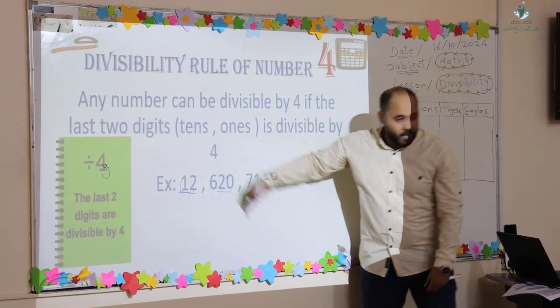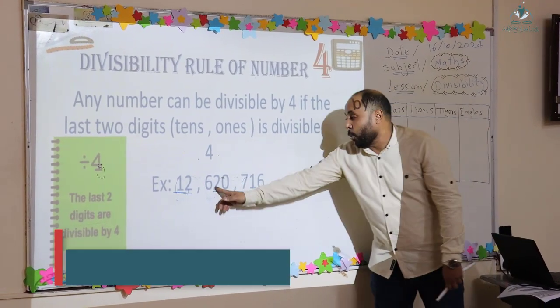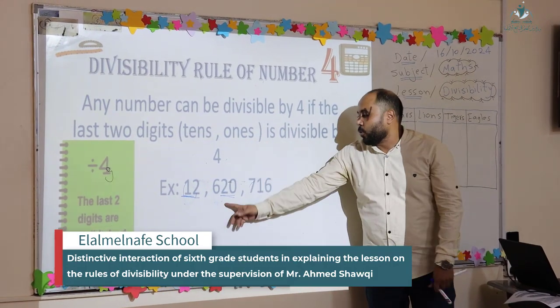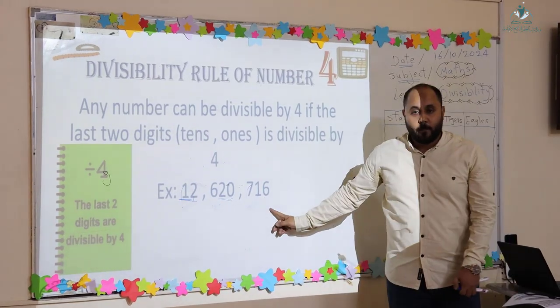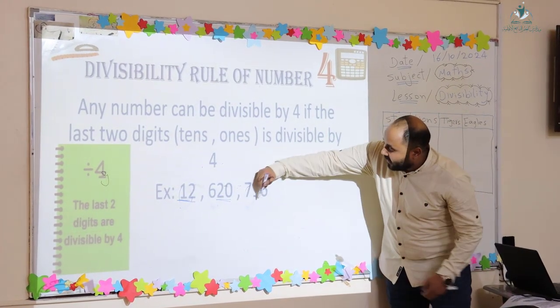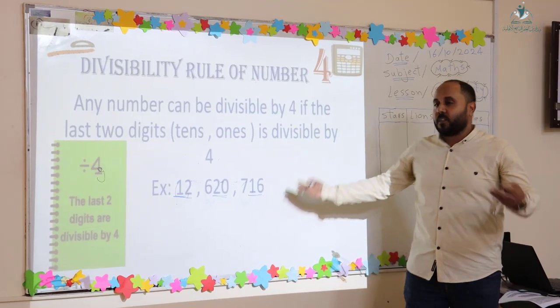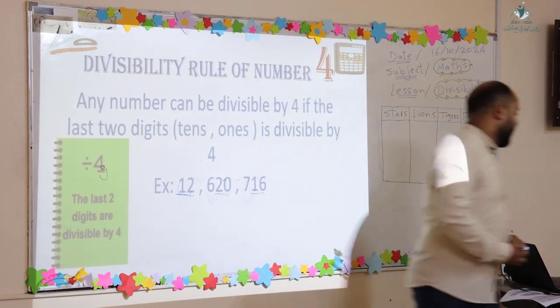Here, what are the tens and ones? 20. 20 is a multiple of 4. So this number is divisible by 4. Here, what are the tens and the ones? 16. 16 is a multiple of 4. So the number is divisible by 4. Okay. Now,